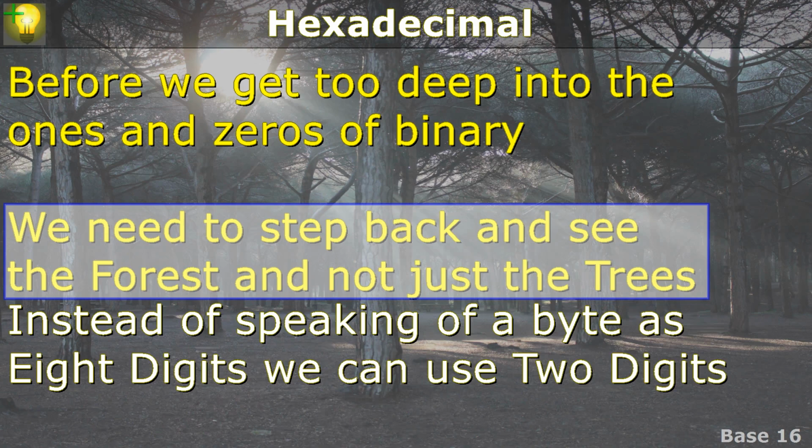Hexadecimal. It's a big word that really means hex and decimal. Hex means 6, decimal means 10, 6 and 10, or a fancy way to say base 16. So before we get too deep into the ones and zeros, you'll see that it's very error prone to communicate numbers like 4D2 in hex would be 0100, 1101,